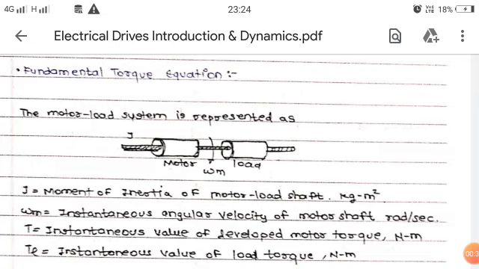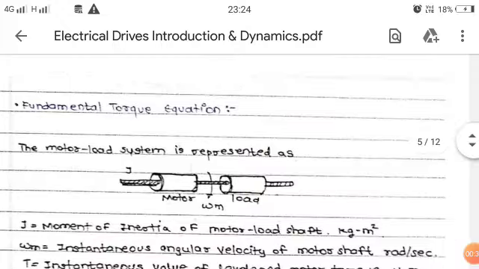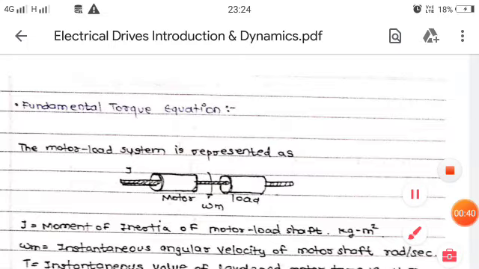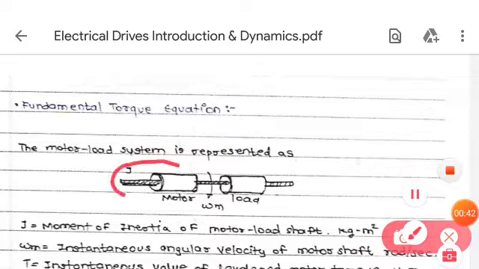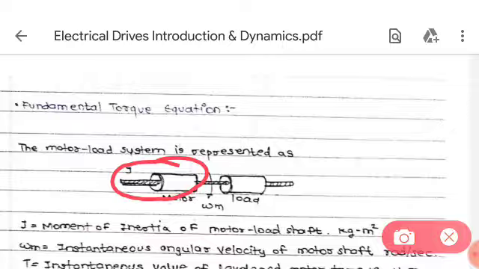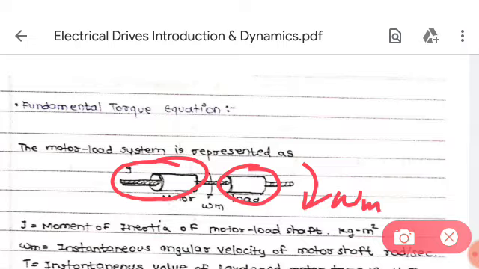This is the simplest possible system wherein a motor having inertia J is directly coupled to a load and they are rotating in this direction with speed omega m